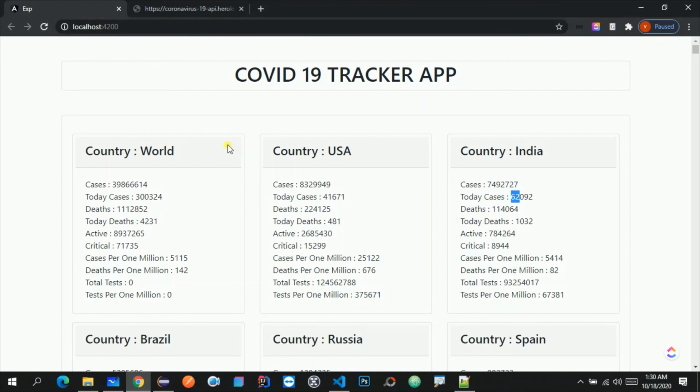Now this is how we can create one basic COVID-19 tracker app, so that we can get information about what is happening around us and how the things are going on. So this is how we can create it, and I just wanted to make sure that we can see it in a simple way, because this is not that good content to apply some styles over here. This is a kind of bad news for us. So that's why I just try to keep it as simple as possible, and we can easily get some values over here.